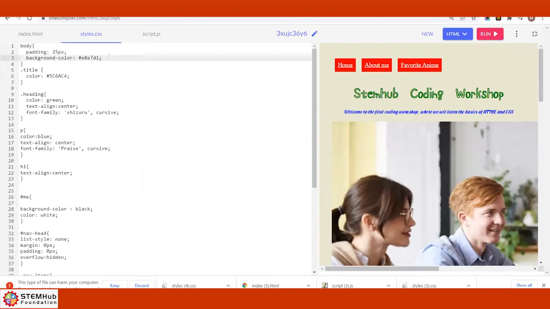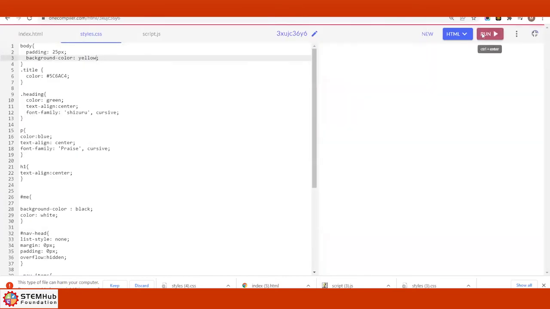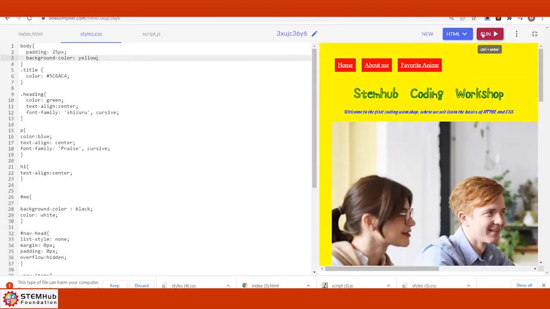And then my background color, I'm just going to have a little bit of fun here and change it to something obvious like yellow. That's not really a nice color, but I'll just do that for visibility, so you get comfortable doing that. So I'd like everybody to change their background color as well as center some of their text, if you can try and do that.